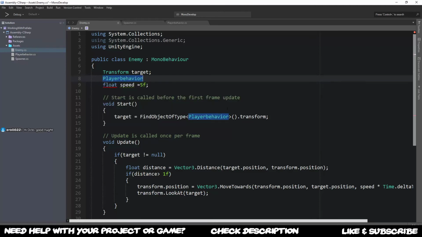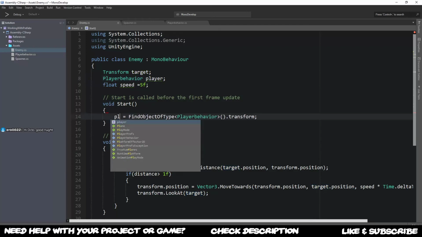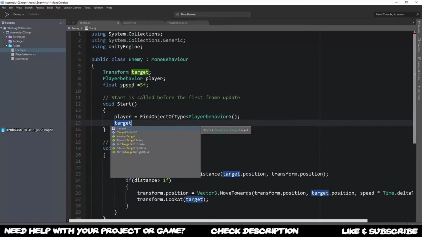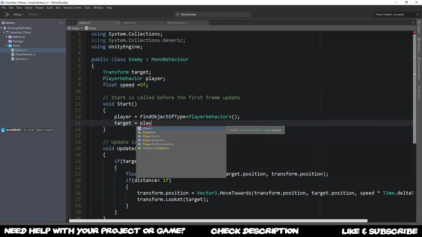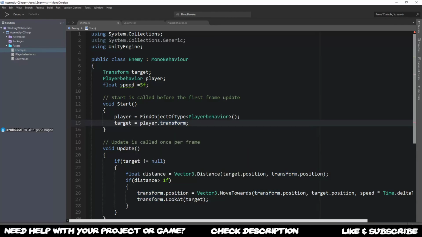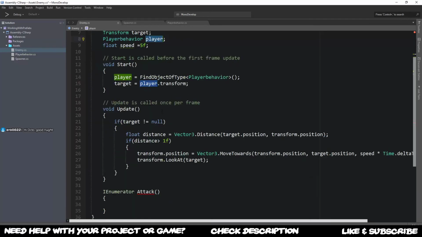So maybe we're gonna do it like player with small letters, and maybe we're gonna do something like player is equal to the player behavior, like this, and the target is going to be equal to player dot, and now we basically take the transform. So we have basically now both, and now we can directly talk to the player over here and the player